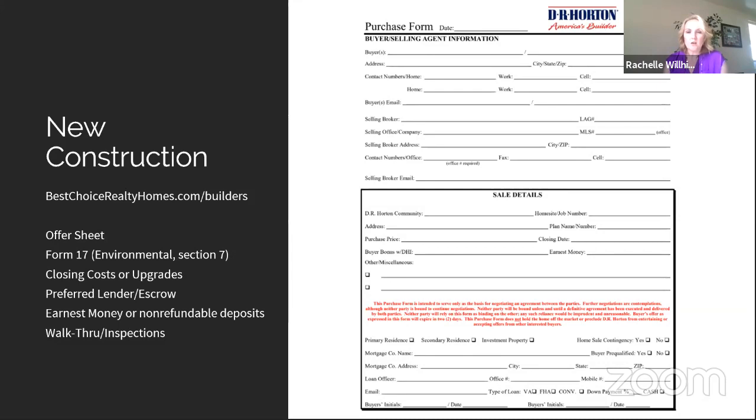We talked about closing costs or proration or upgrades. We talked about the preferred lender escrow. A lot of these builders will have preferred escrow companies as well, and they save money. That's the reason they want to use an escrow company of their choice, because they've got builder rates. Many times the builders have negotiated, and so they're able to save money on title and escrow